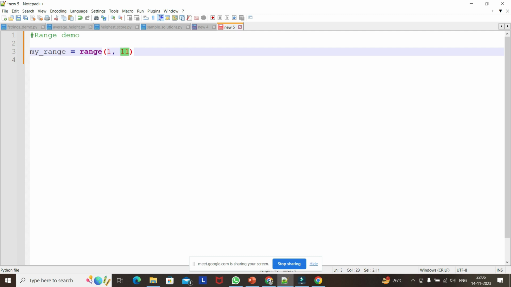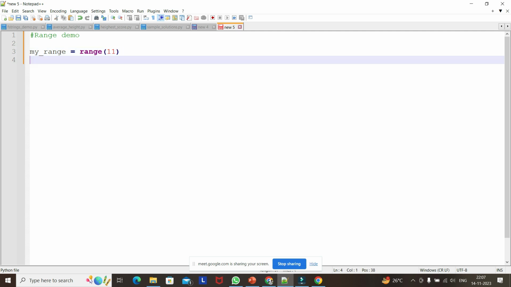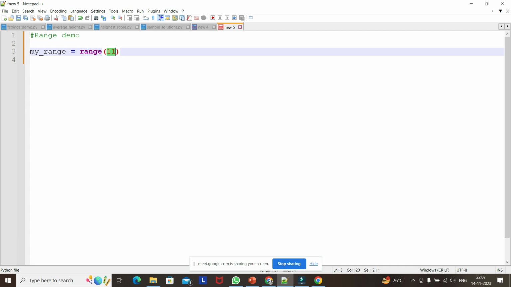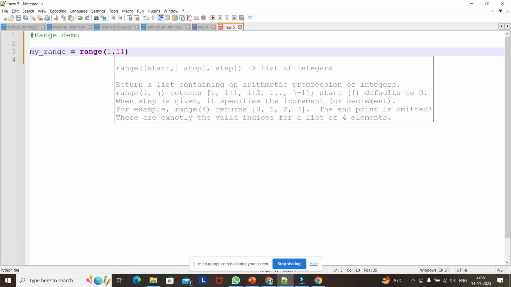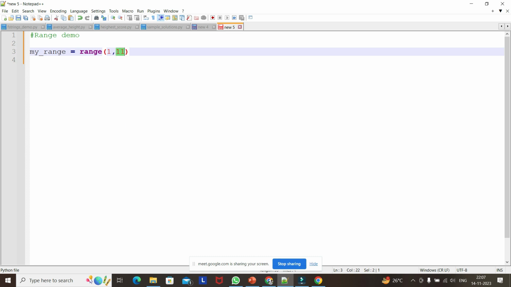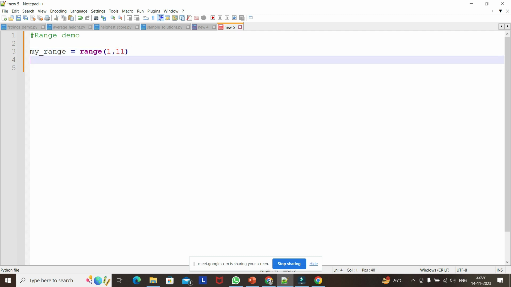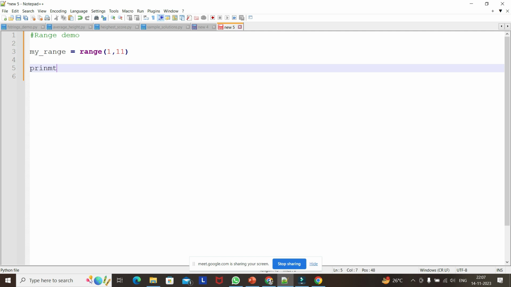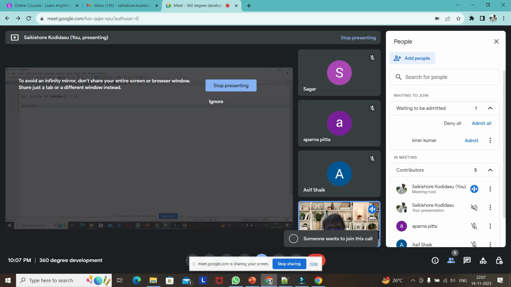It goes from n to n minus 1, the maximum being the stop value minus 1. So if you want to print only a range of 11, it will start from 0 and go up to 10. If you want to print from 1 to 10 only, then we have to give the start range also, from where we have to print. If you print it, it will be like a list, but if you want to access each and every element,